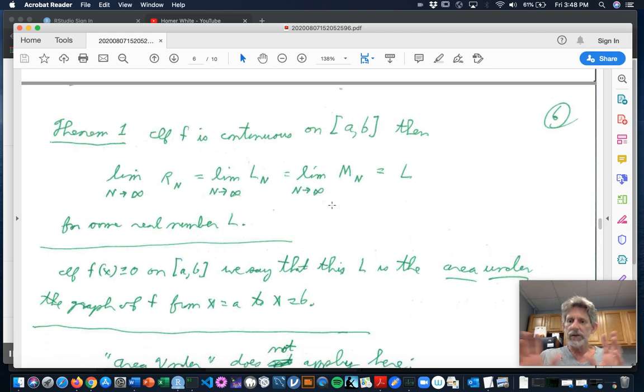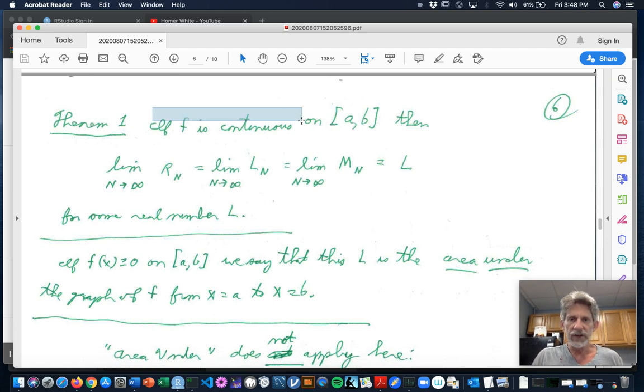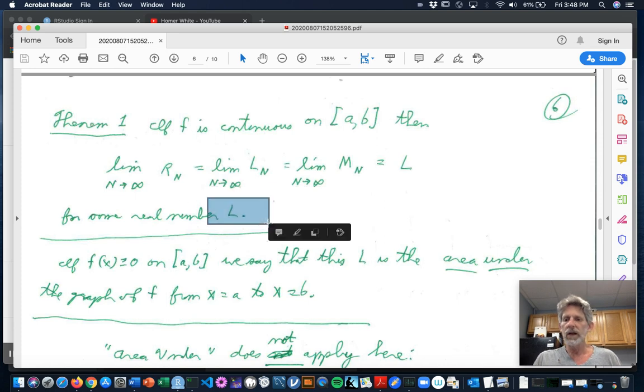But there's a great theorem. Wish we could stop to prove it, but it's actually several years ahead of y'all for you math majors. If f is continuous on that closed interval, meaning if you could draw its graph without lifting your pencil, no jumps, no holes in the graph, then it doesn't matter whether you work with right hand or left hand or midpoint approximations. The more rectangles you use, the closer the sum of the areas is going to be to one fixed number